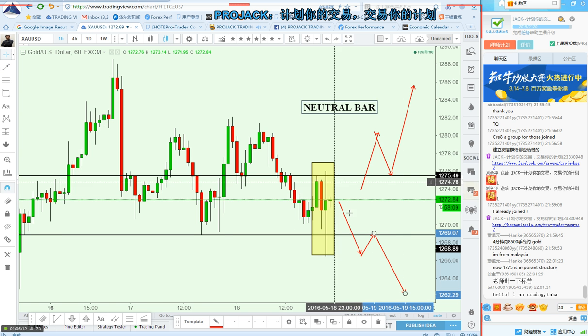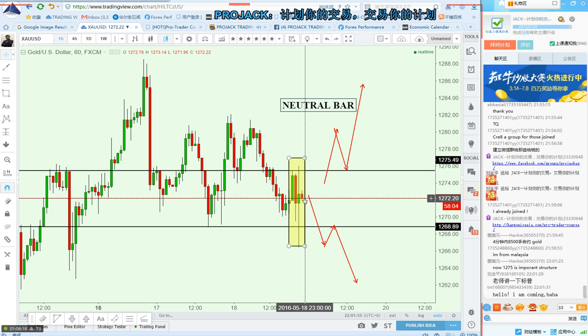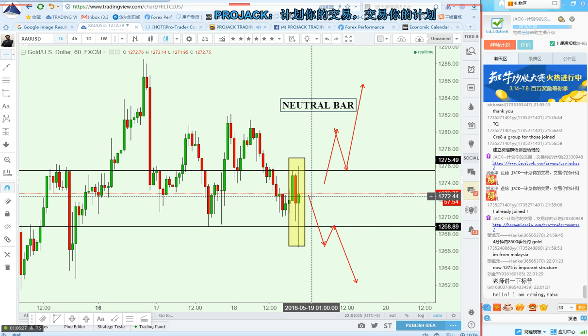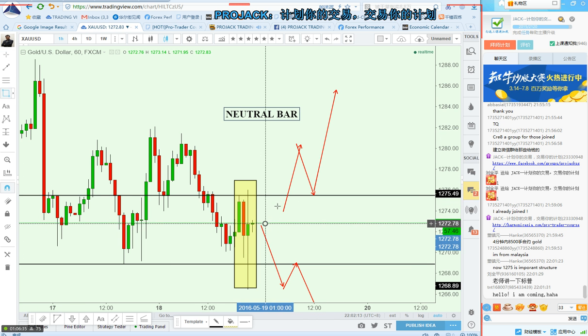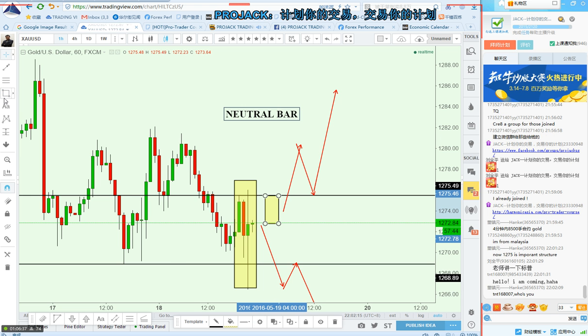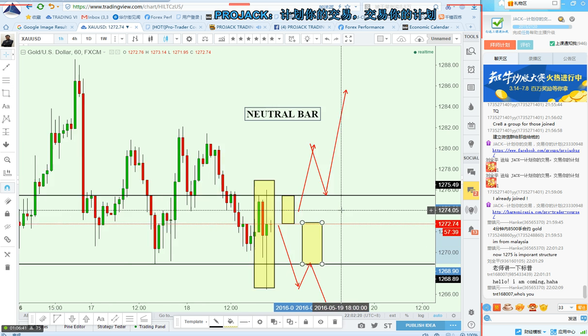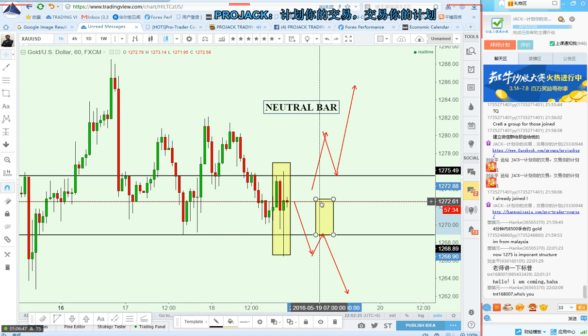Do you need to trade within the range? No. You don't trade within the range because there's no direction, right? We want to see a clear direction to let the market move in our favor, and try to have a bigger target. If you buy now, your potential gain is only this much. If you buy here, your potential gain is only this much. If you sell here, your potential gain is only this part, right? So you don't need to trade within the range. Buy low, sell high.